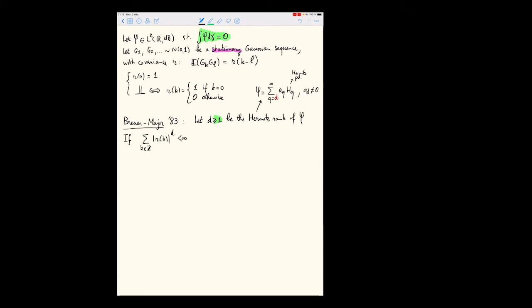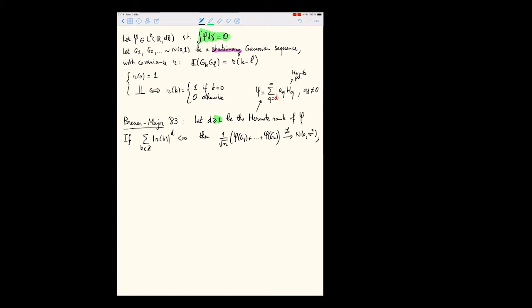So this condition is an interplay between a property on phi, the Hermite rank, and of the Gaussian sequence, the R. And under this assumption, what is very nice is that this is enough to ensure that my quantity of interest still converges to the Gaussian law